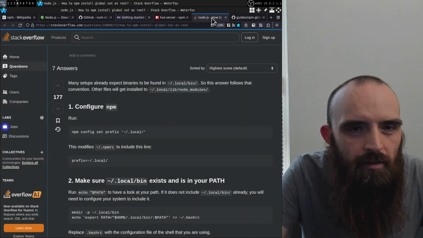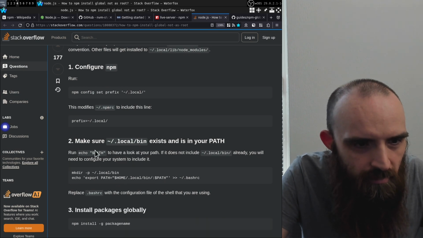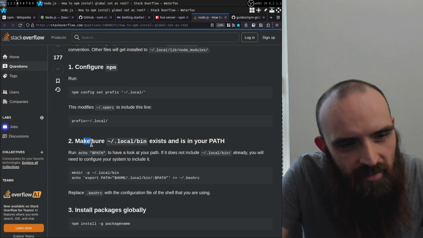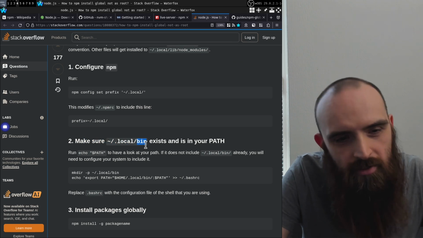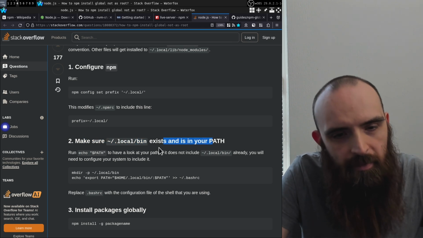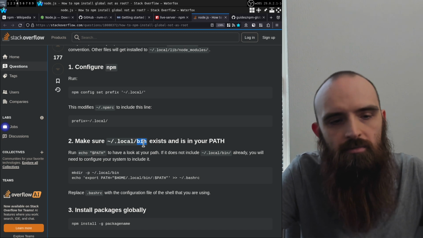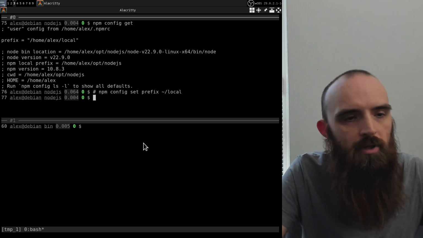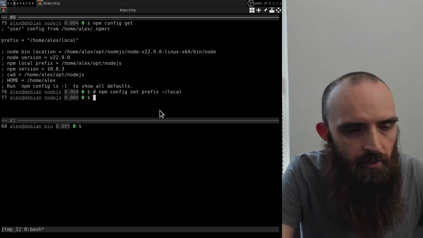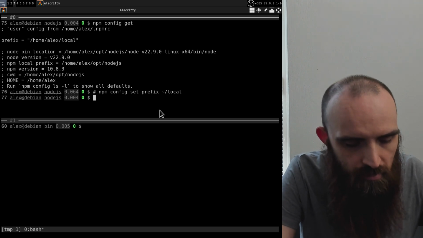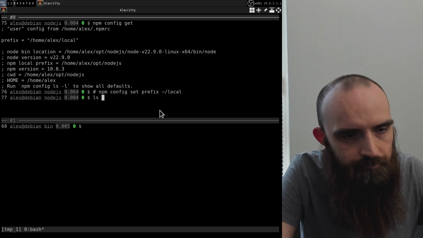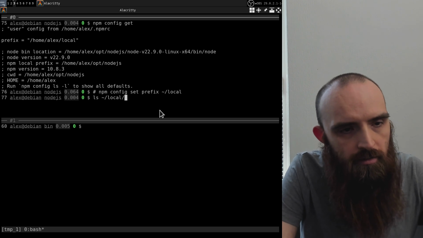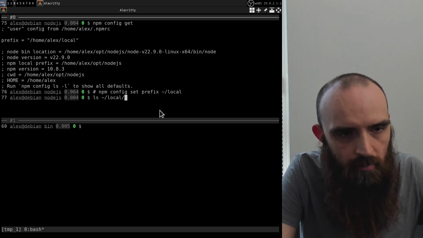This answer seems to say to make sure that the bin directory exists and it's on your path. So maybe it will complain that the folder doesn't exist if you don't create it yourself. But basically two locations. The first one is your prefix, in my case ~/local,